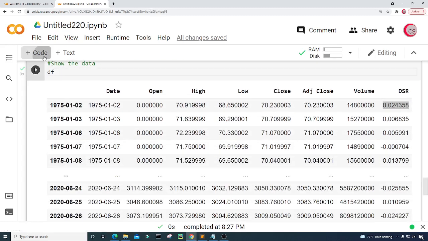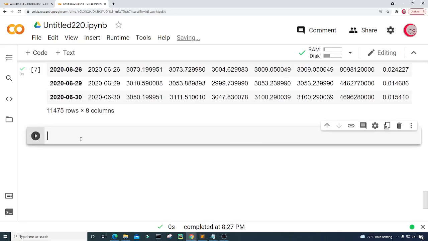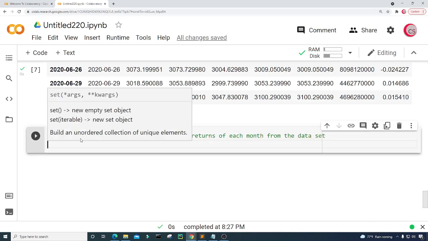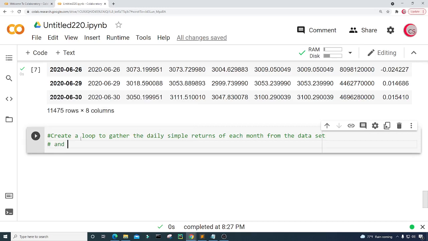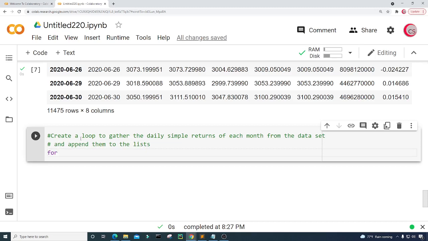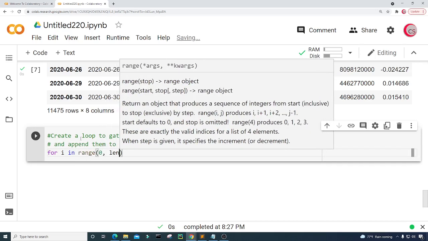All right, so let's go ahead and create a new cell. And now in this cell, I want to create a loop to gather the daily simple returns of each month from the data set, and I want to append them to the list. All right, so let's go ahead and start off with that loop. We're going to use a for loop. So for i in range 0 to the length of our data set,